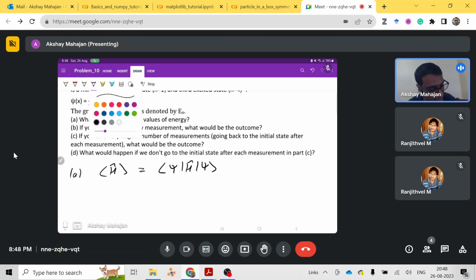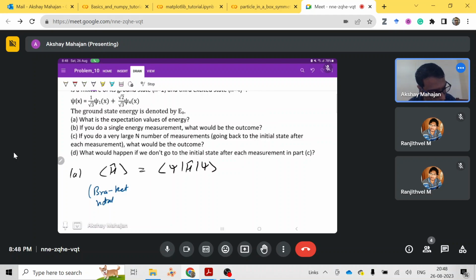So this is bracket notation. Bracket notation is really important in quantum mechanics. If you use this bracket notation, it makes things really easy. So here you can see that